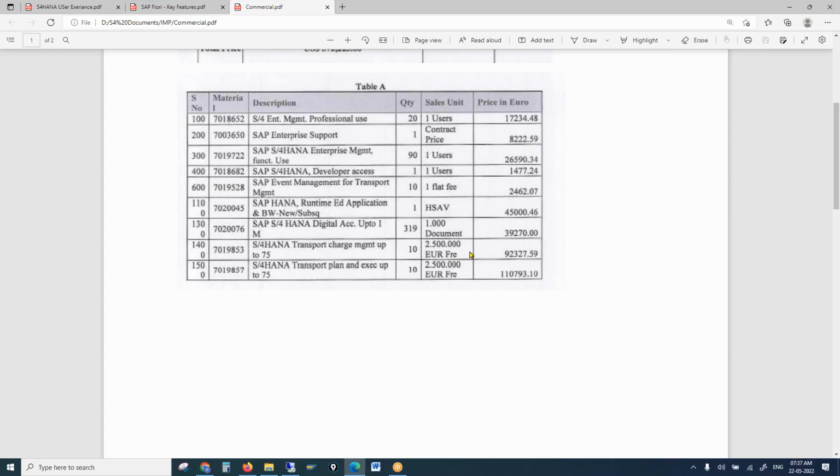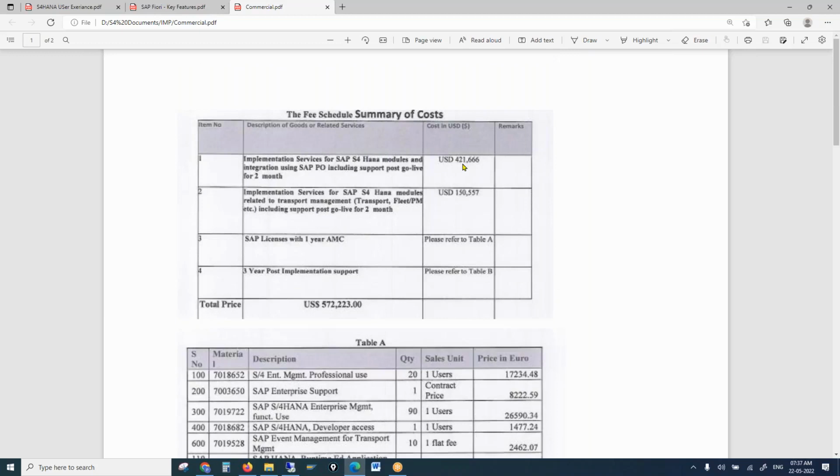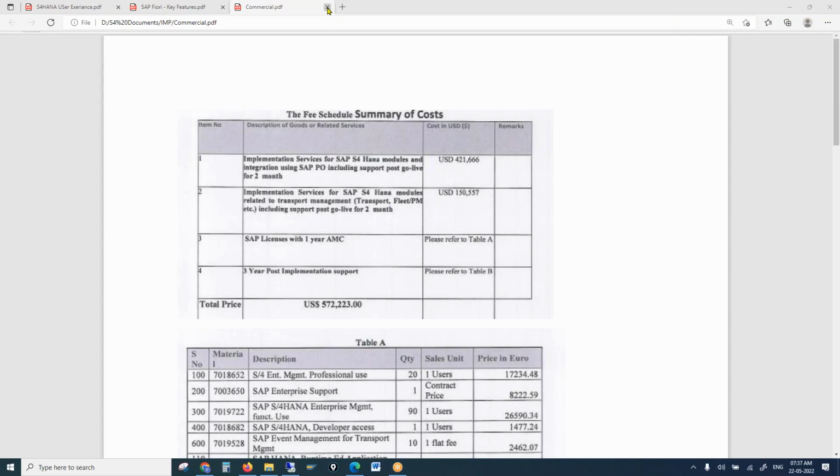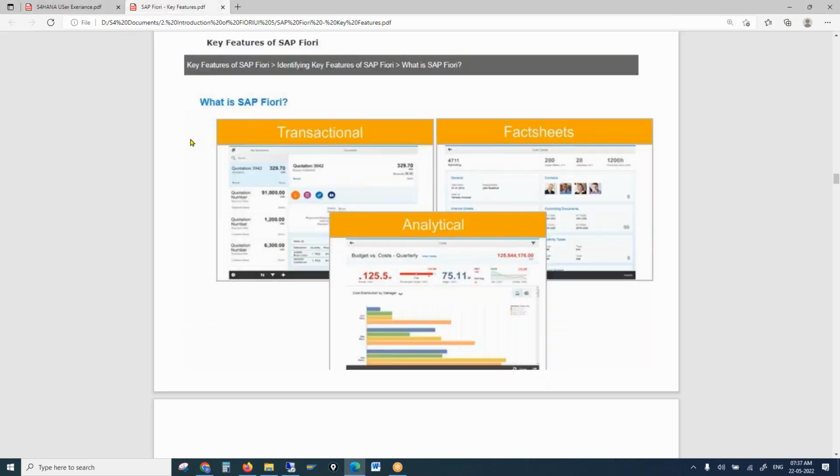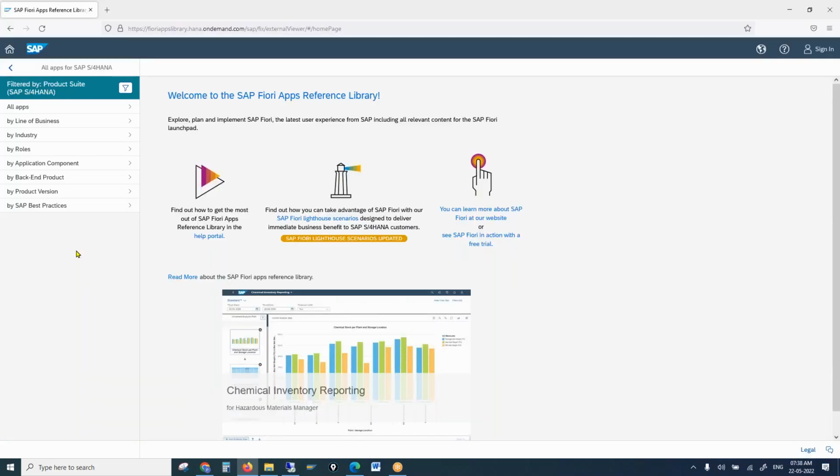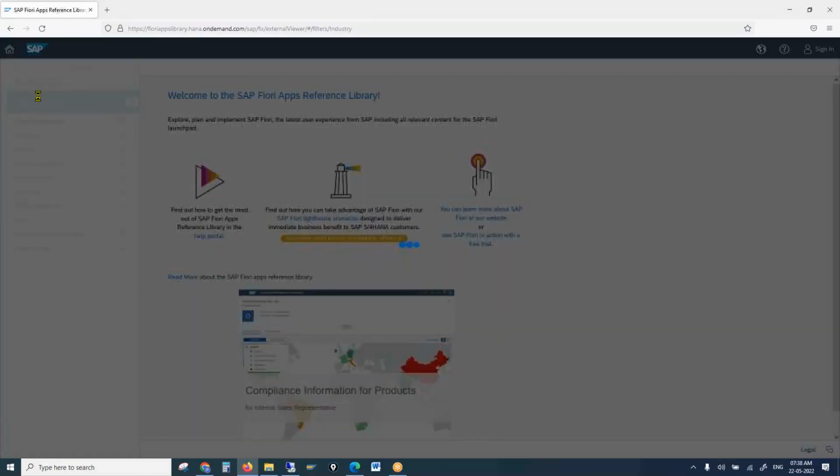All right. Going back to the screen, we can check the apps available here, because if a customer asks whether an app is available, how do we know? We can come to this library and check by any of these options. If I go by LOB and choose sales, oh, very few. No, sales should have at least close to